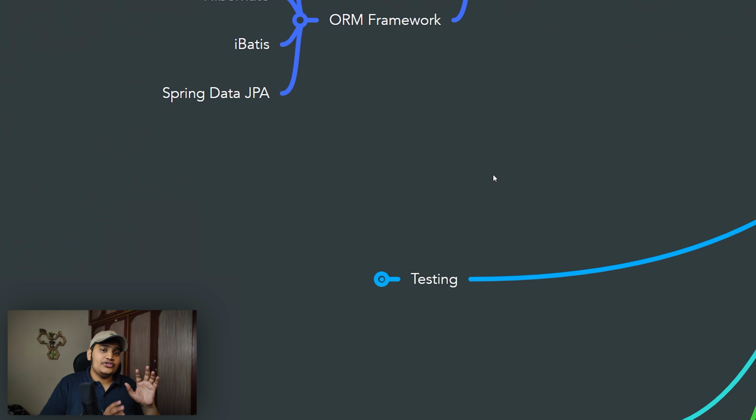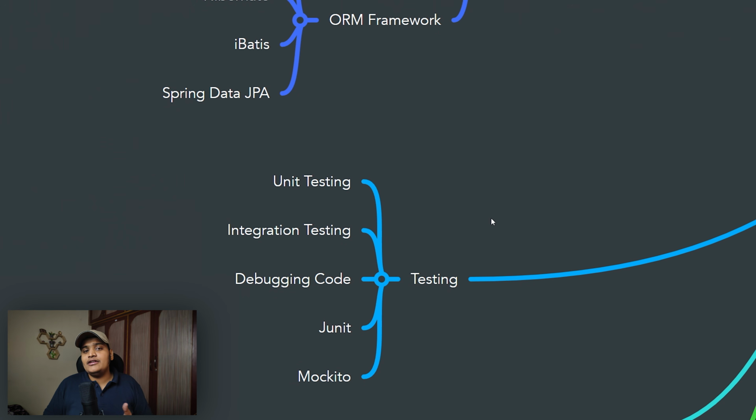Now once you create your application, you should be able to test your application as well. So for testing, you should have the basic knowledge about how to do unit testing, how to do integration testing, how to debug your code. That is the thing that every developer should know, how to debug your code. Within an IDE, there are a lot of options available to debug your code. So once you get the understanding about your IDE, you will be easily able to debug your code as well. Because whenever you're working with organizations, debugging code is the most basic thing that you have to do. So learn about that as well.